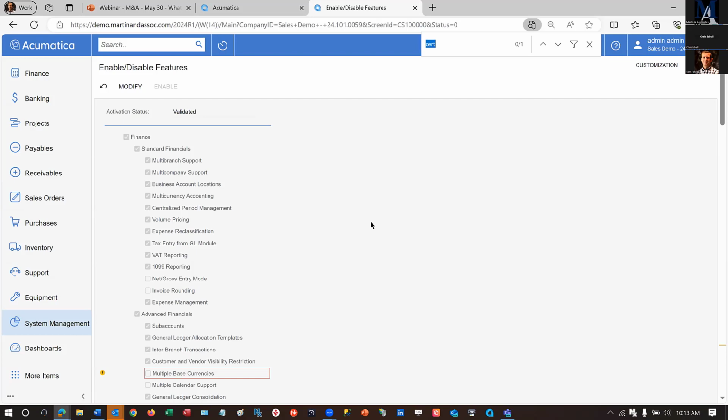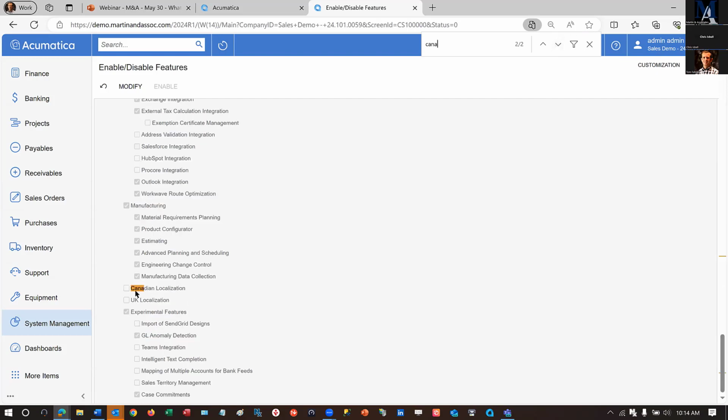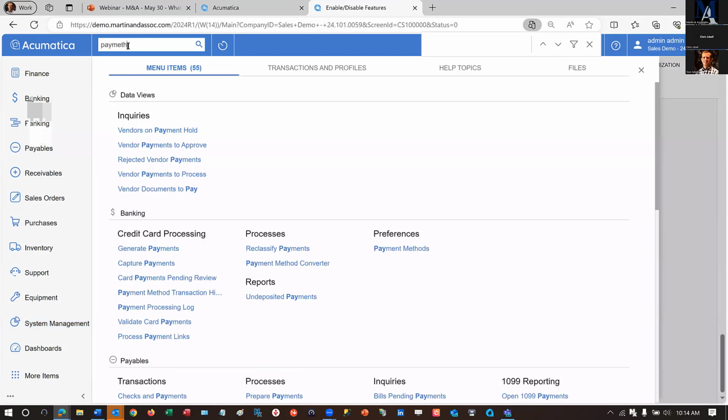Let my browser help me find Canada. Canadian payroll, no, that's not what I'm looking for. Canadian localization. I'm bringing this up because if you turn on Canadian localization, Acumatica has finally added a Canadian EFT plugin. The Canadian banking system is a little different than the US banking system. And if we turn on that feature, the result is that under payment method,